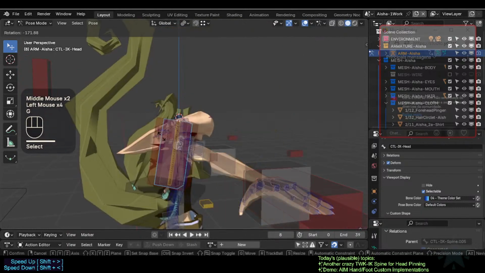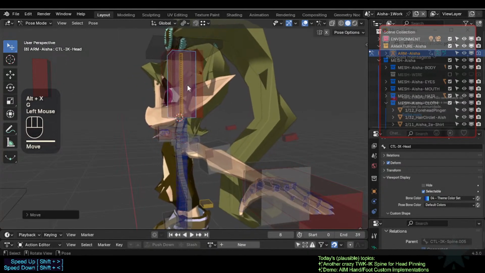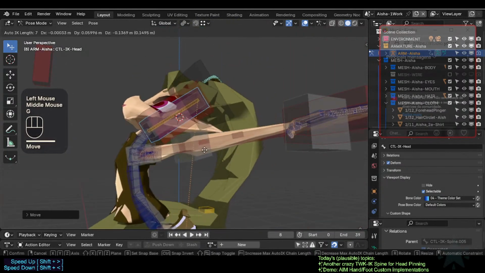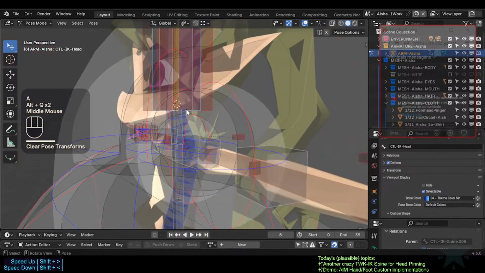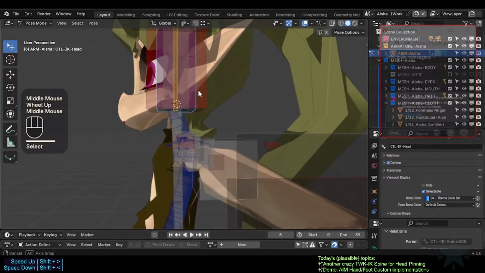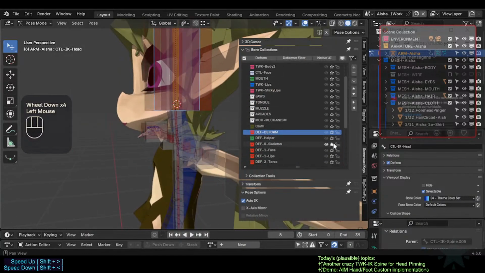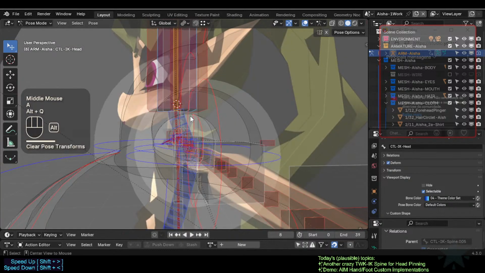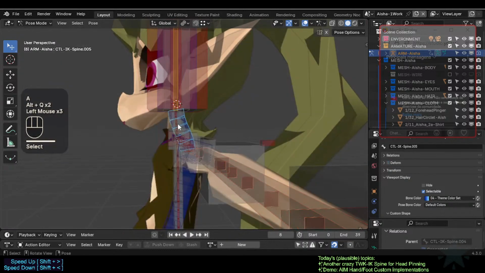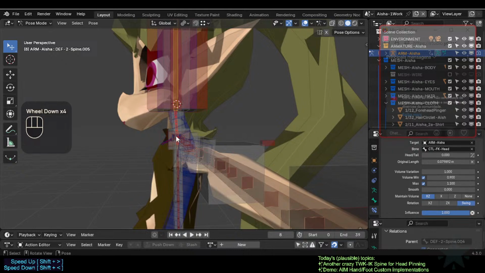I need the auto IK key. Alright, so you see that the spine is very bizarre there. It's not following up, and this is one of the problems that I might face. So let's see. Okay, so the deformed spine is being dragged, right? Because it has the Control IK key